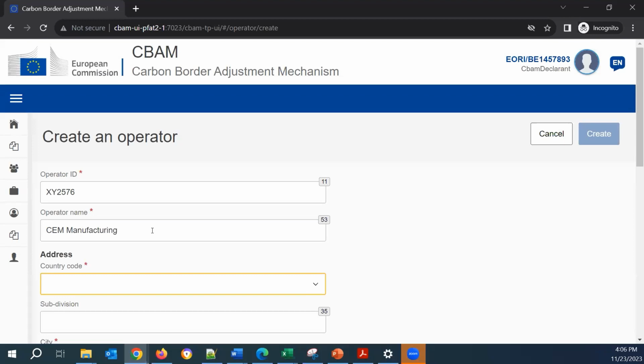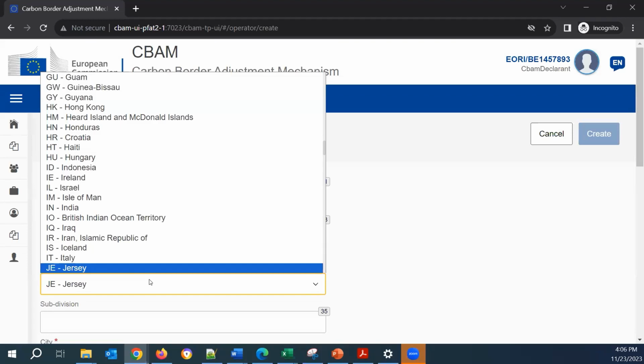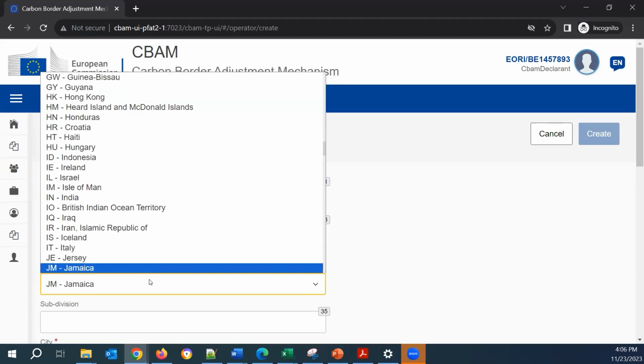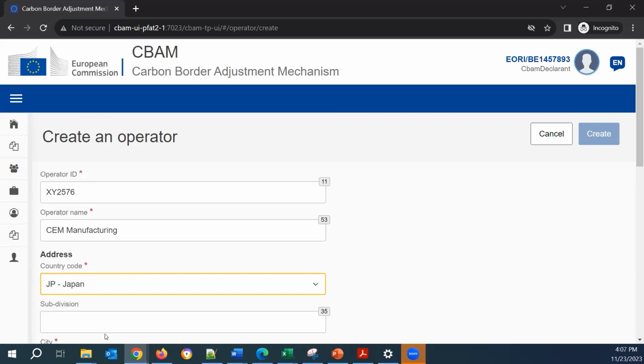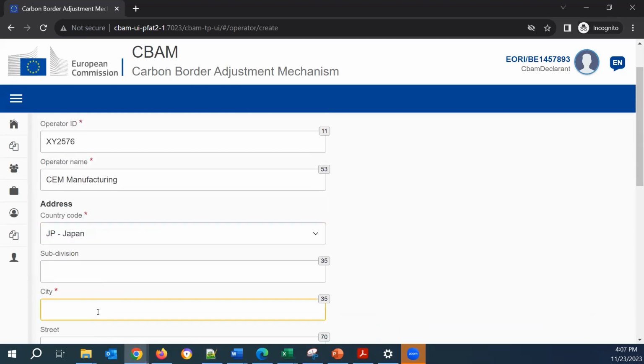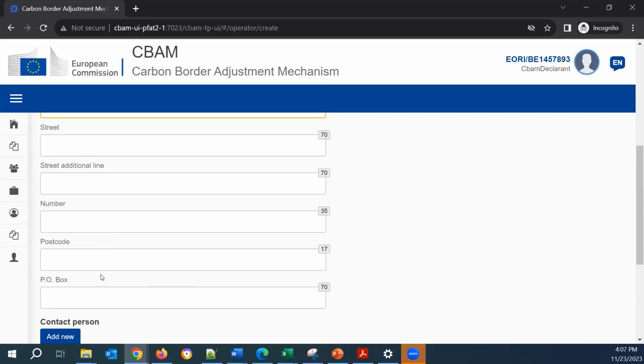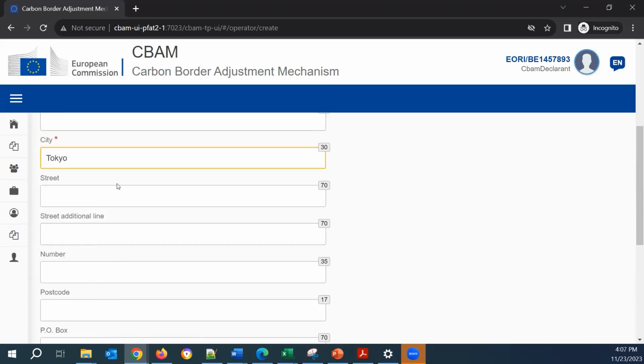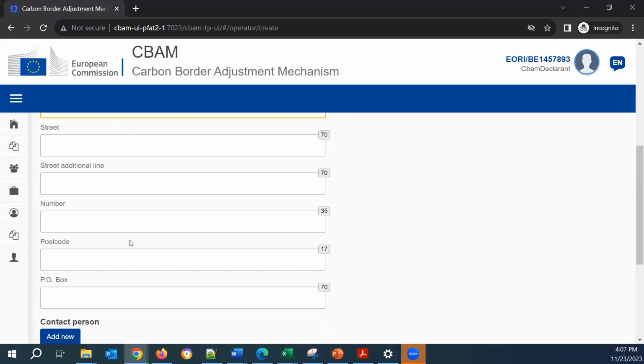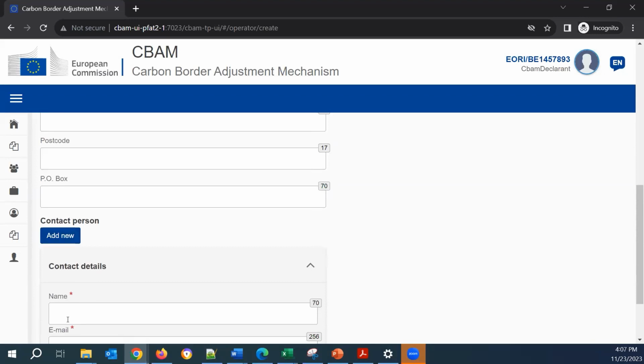The country code is Japan. The city is Tokyo. I will leave all this other information without filling it in, since these are optional. I will need to add the contact details of the person who will be the contact person.